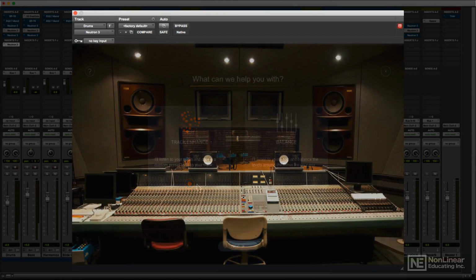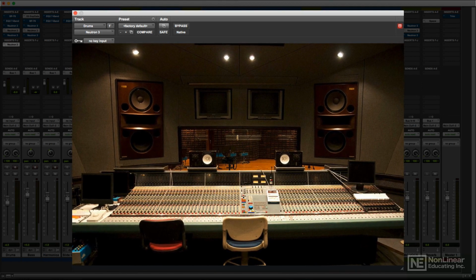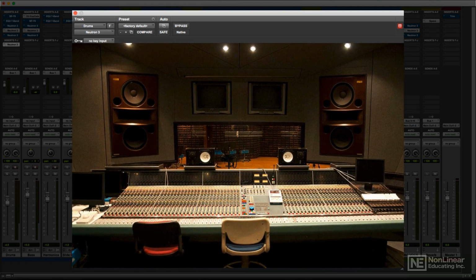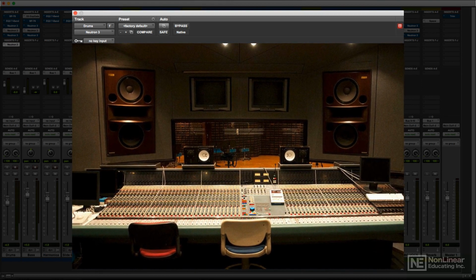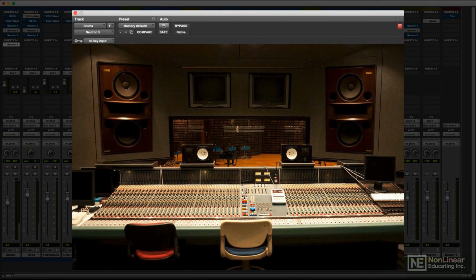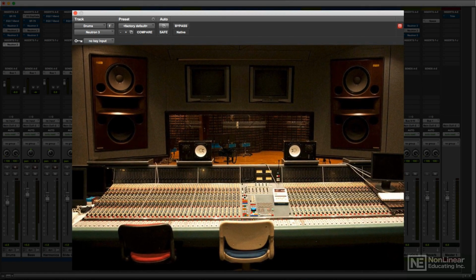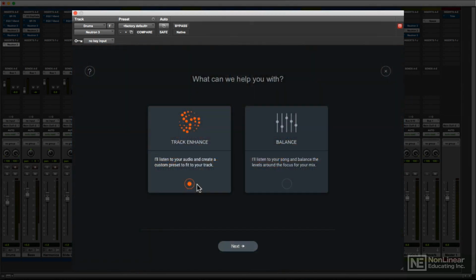More experienced mixers will certainly want to apply their own hard-earned skills to the mix, but they should still also find Track Enhance to be a very useful tool, one that can get the mix started quickly and efficiently, without them having to devote a lot of time and energy to the sometimes tedious initial steps of setting up a new mix. Most mixing-oriented plugins provide presets towards this end, but Neutron's take on that here is a kind of